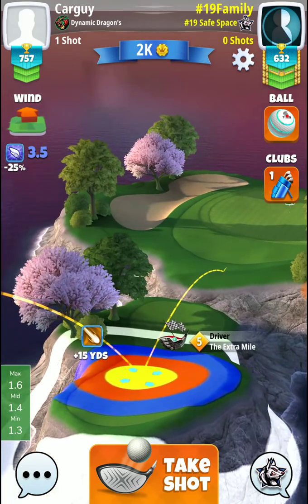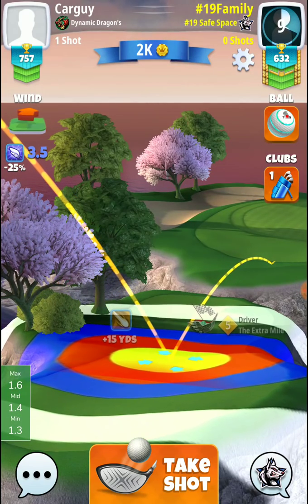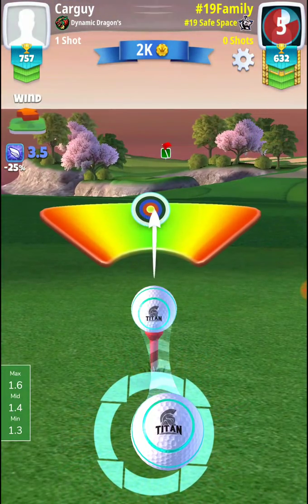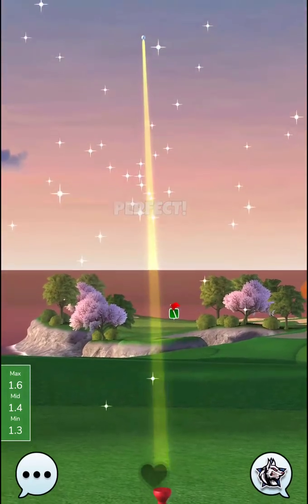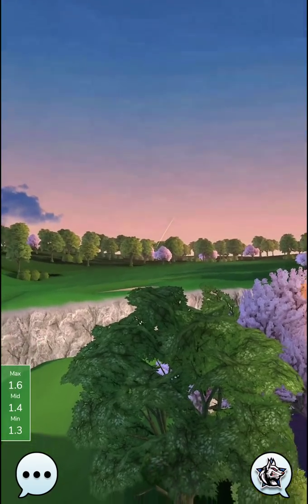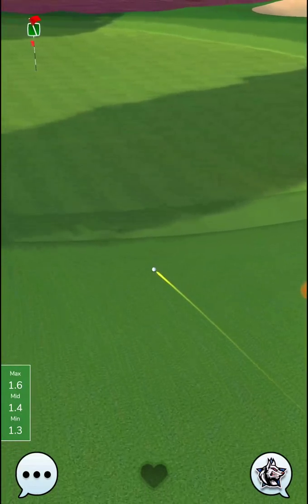Okay, we're going to put our shot up in here. And then we're going to pull our shot back 1.6. So right about there. We'll put a little bit of right curl on the shot. And we'll see what this one does. We want to get far enough to where we don't quite get on the...